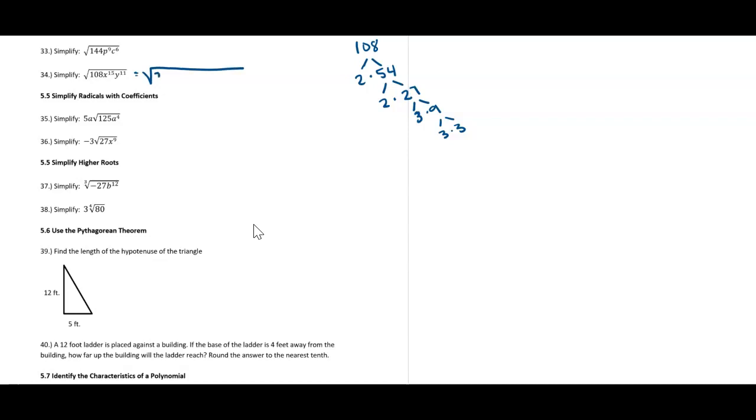Really, 108 would be the same thing as saying 2 times 2 times 3 times 3 times 3. But since this is a square root, things need to come out in groups of 2. So I can bring a 2 out. I have to have 2 of the same in order for it to come out as the 2. Then I also have a pair of 3s,